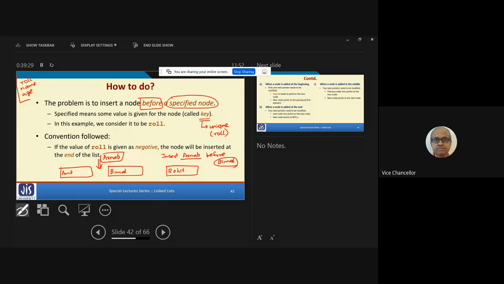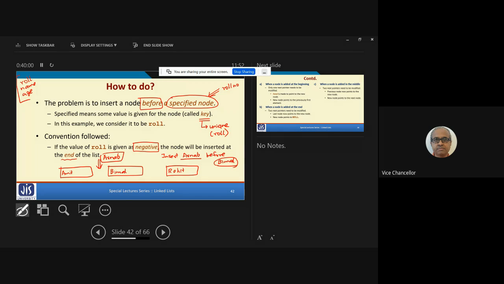So when you say before a specified node, you can specify the node by roll number, so there will be no confusion. So insert a node before roll number so and so. And the convention that we shall be following is that if the roll number is entered as a negative value, which is of course not valid, this will mean that you want the new node to be inserted at the end of the list.